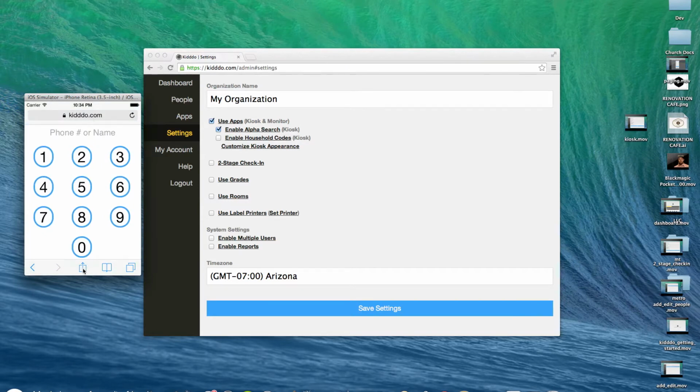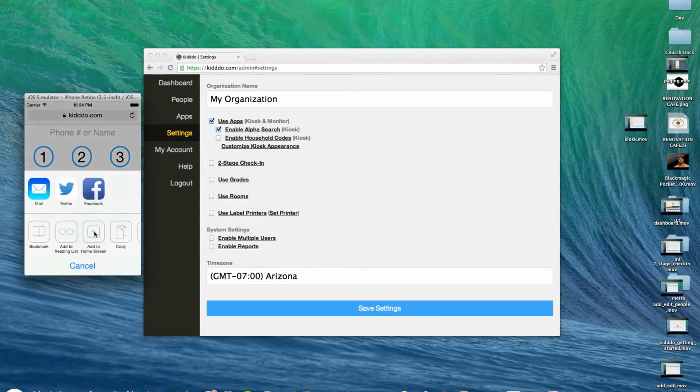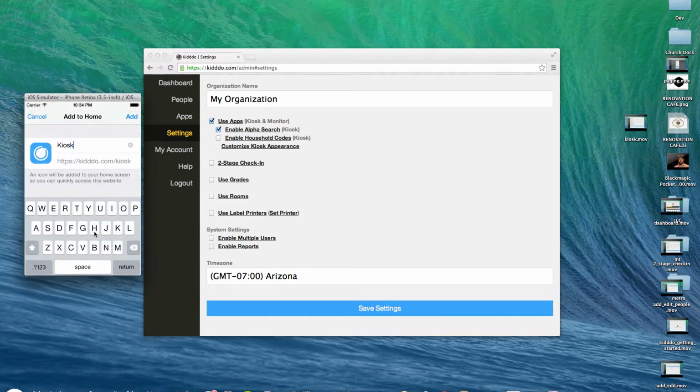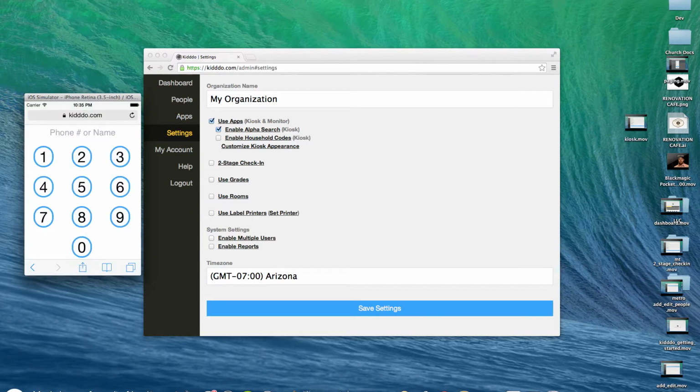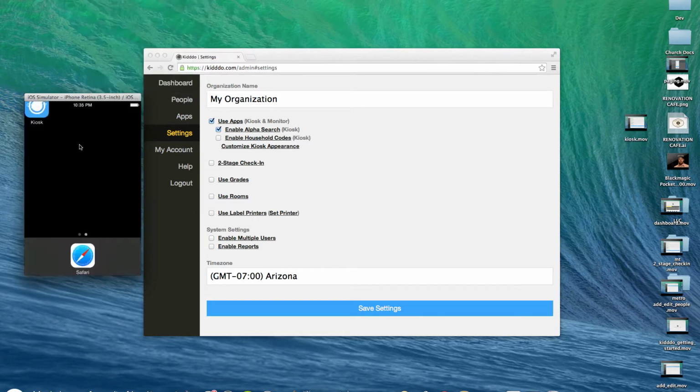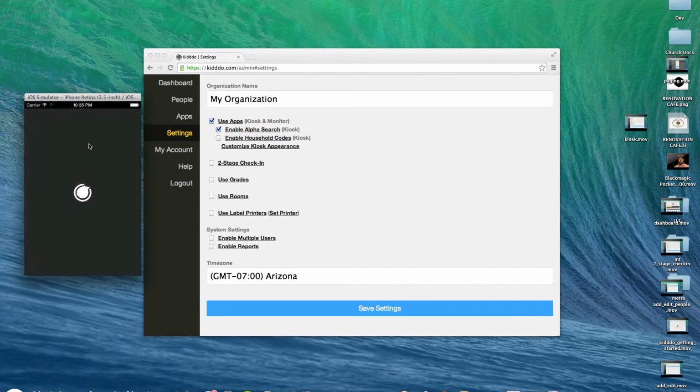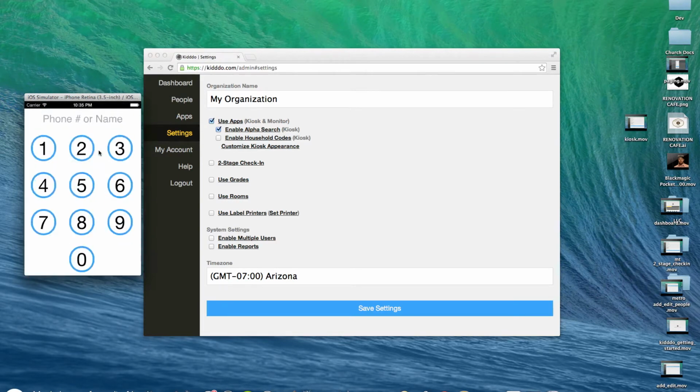And then if you're on an iOS device or if you're on a recent build of Android, you can do this as well. We're going to add this as an app to our home screen. You can title it something different if you want, but then you can just launch it from the home screen. Same functionality you'll have from within the browser, but this way you get rid of some of the extra things that kind of block it. Now I've already done this on here actually, so